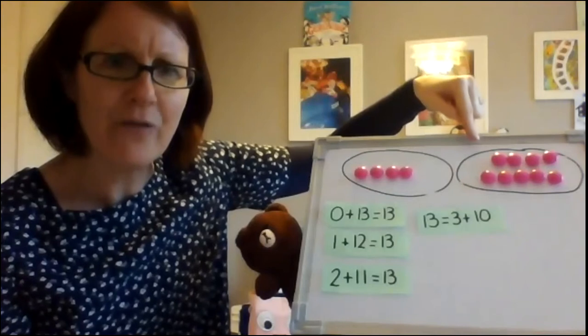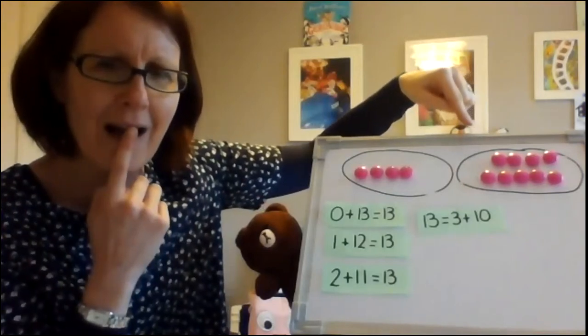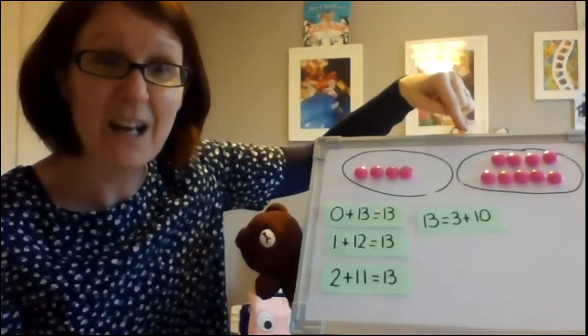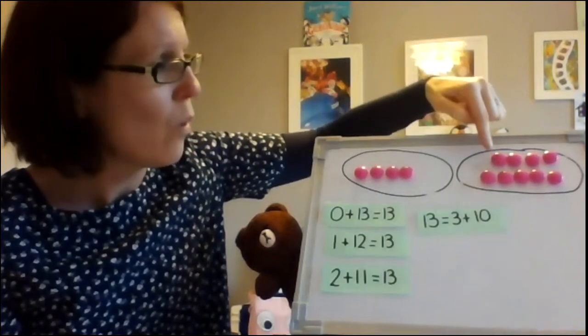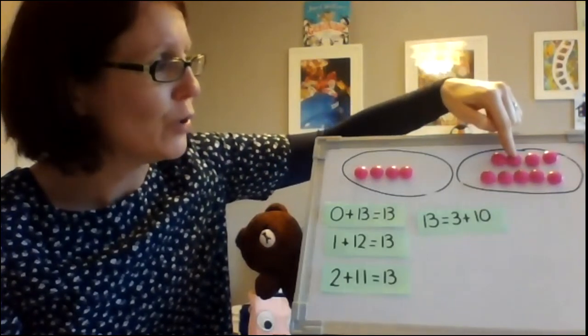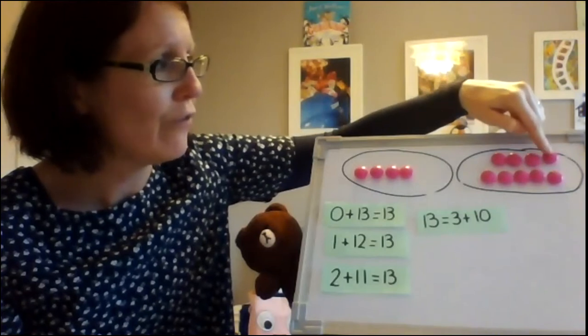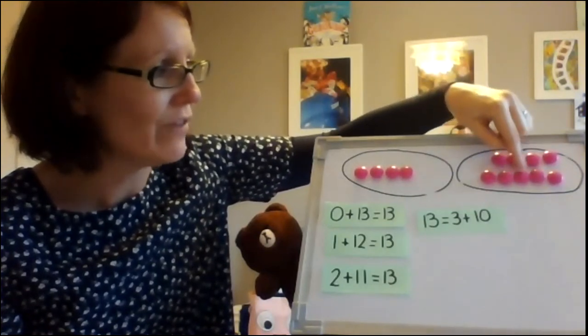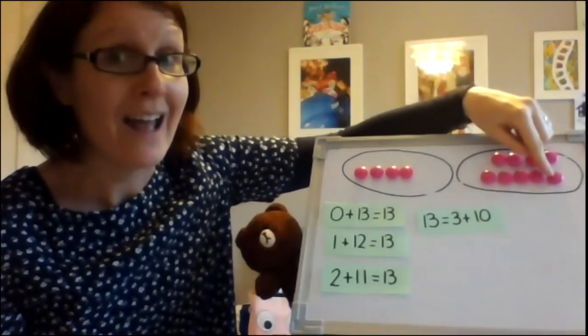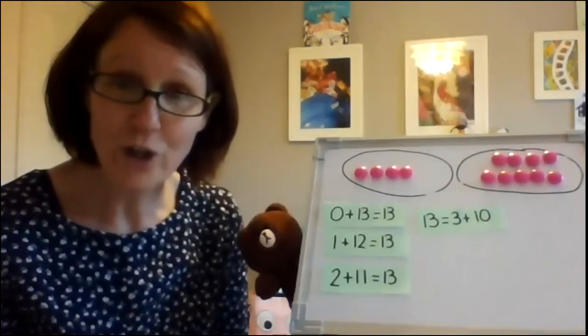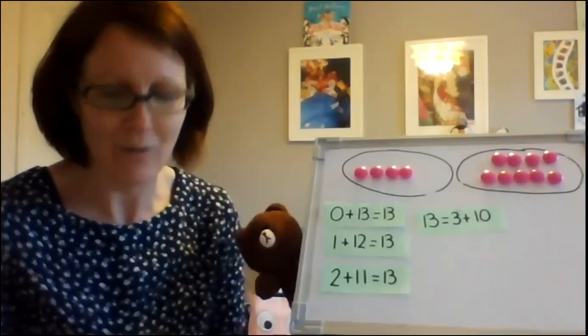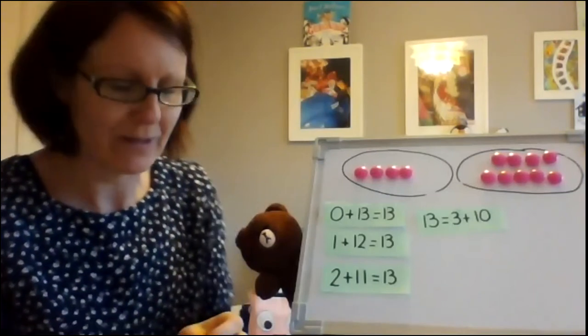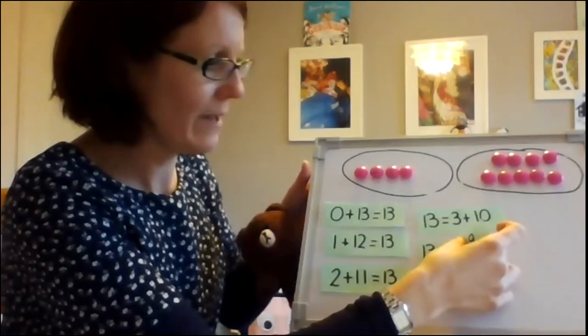So how many have we got over here? You think it's the number 9. Shall we have a look? 1, 2, 3, 4, 5, 6, 7, 8, 9. Is that what you guessed? Very well done. So the next number sentence we've got is,